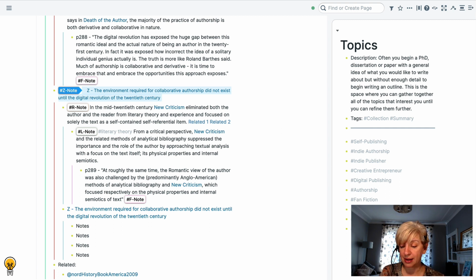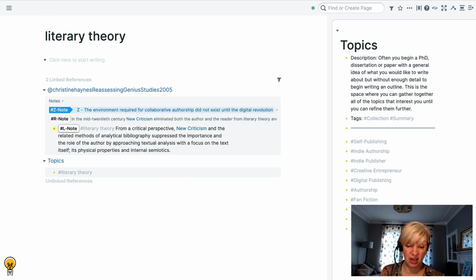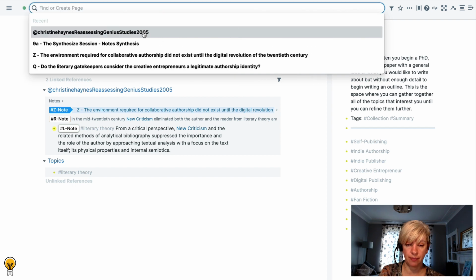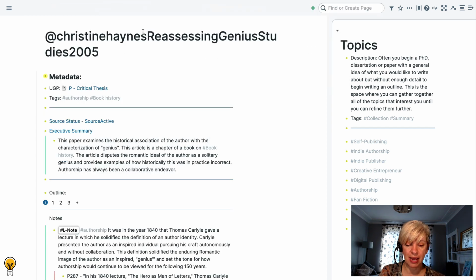And when I get to literary theory, let's say I were to click on that, I don't think I'm going to have anything there. You'll see every single note I've ever taken on literary theory underneath that particular topic, so you won't have lost them. And again, you'll see this in action really powerfully during the create session. Another way you can